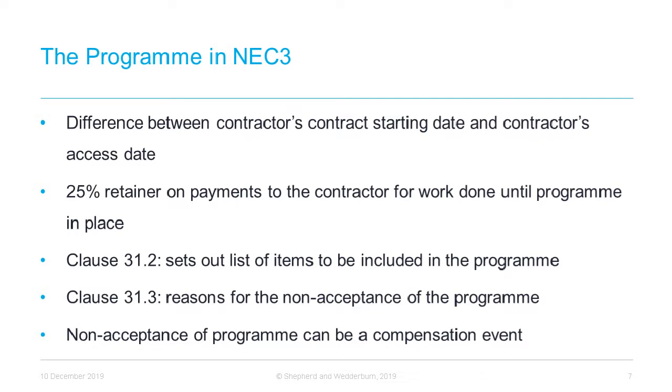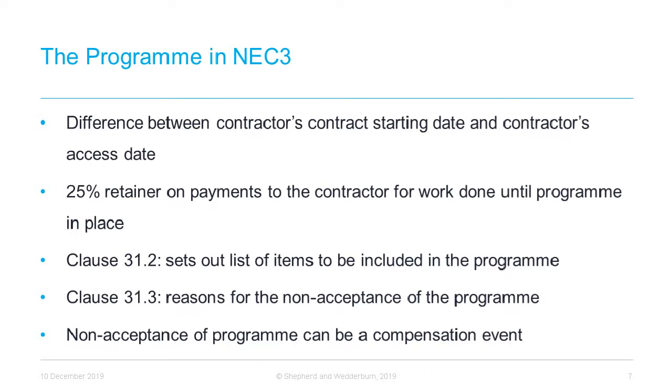So what happens if the program is rejected? Well, the contract is actually silent on that. By default, the previously accepted program will continue to be the contract program. But if there was no program in the first place in the contract data and the contractor does not accept the first program, then there is an important contractual mechanism missing. There's nothing to stop work starting without a program, but there will be some knock-on implications.